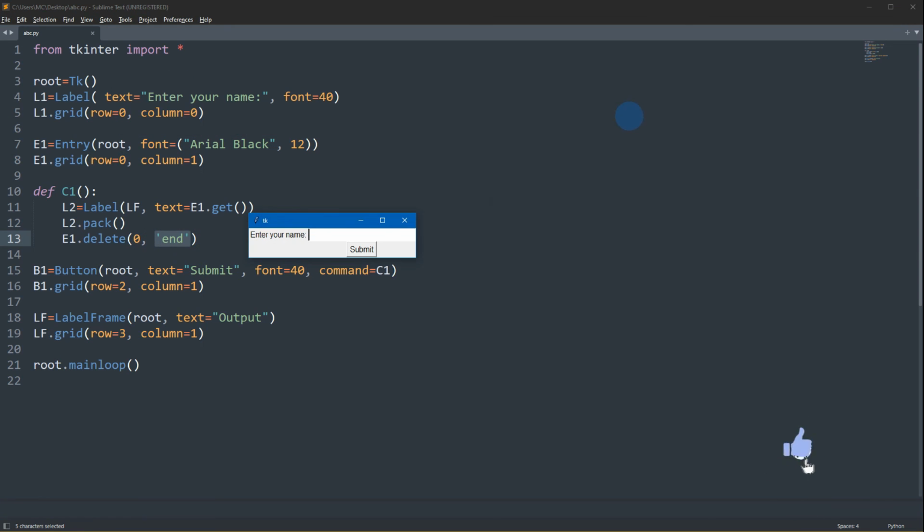Let's try, again using info text skills, then click submit. On the output, we have info text skills. On the entry, all the text is deleted. So that is the use of delete.